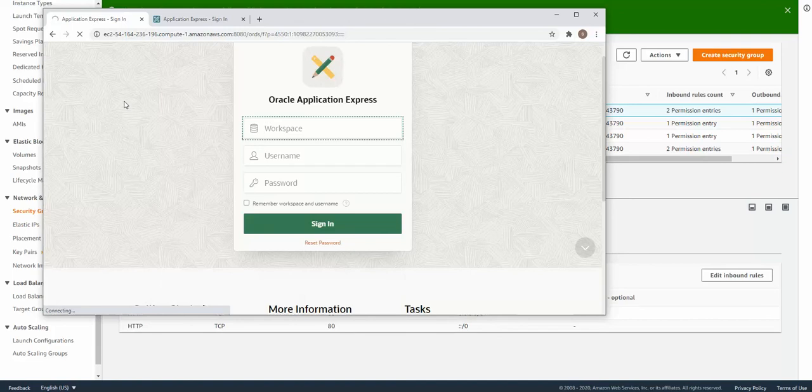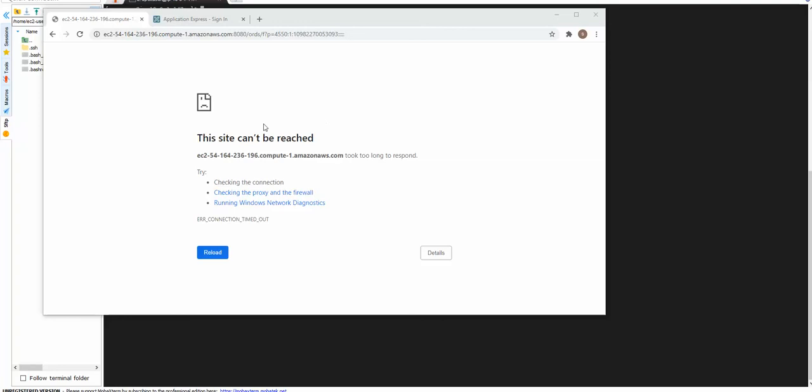The reason is actually we prevented the access through the security group tightening, right? So that is there. Okay, after a few seconds, looks like the direct URL fetch to my EC2 is going to say site can't be reached. That is a result of our tightening of the security group.